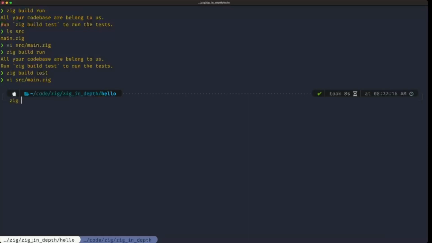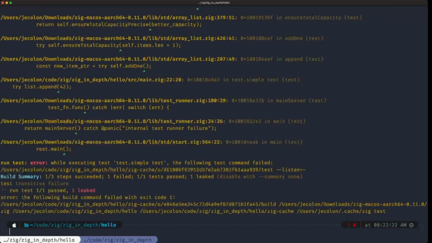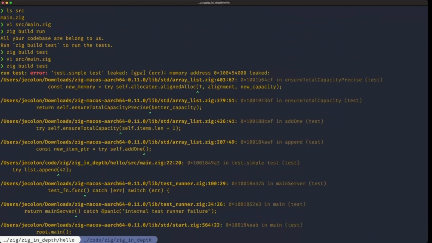and we run zig build test again, we get this error report, which is basically telling us that we have a memory leak in our program. Right here we see it's telling us that memory addresses have leaked. When you get this type of error, you're going to want to look for the file that you're actually testing. Here you see that these are files from the Zig source code itself. Here it's an array list. So we keep on going, still in array list,